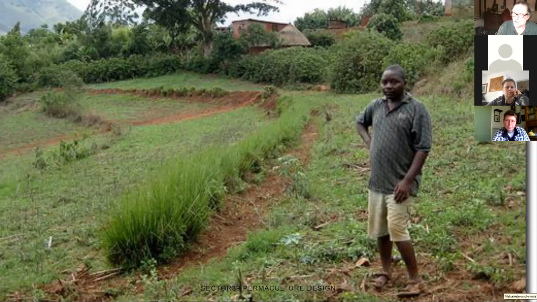These guys are now making compost when they never made compost before. They now understand the value of that. And they've diversified their crops. They've moved away from just growing maize and having cattle. They're now growing avocado, citrus, guavas, avocados do really well there, papaya.